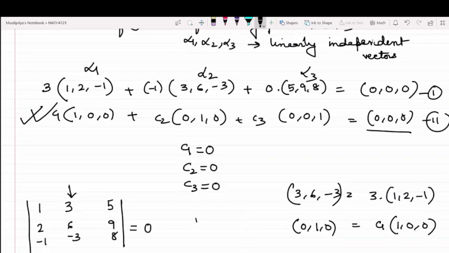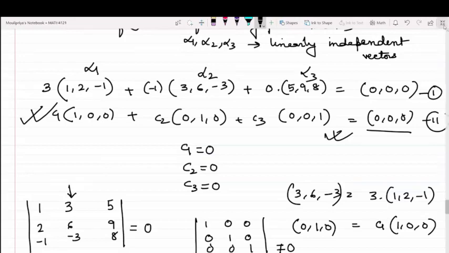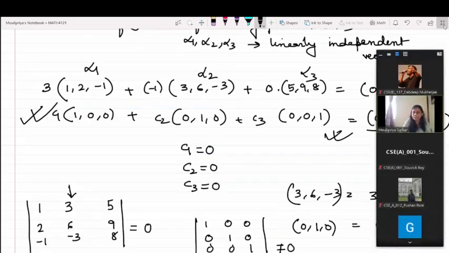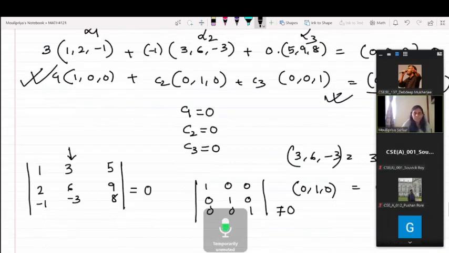On the other hand, if I consider the determinant arising of the elements of the second equation, that is 1, 0, 0, 0, 1, 0, 0, 0, 1, the value is always non-zero. That implies by basic solution, we mean the vectors that we are concerned with will be linearly independent in nature. Am I correct with this? Yes, ma'am. Tell me, is everybody okay with this logic of mine that I'm trying to say?